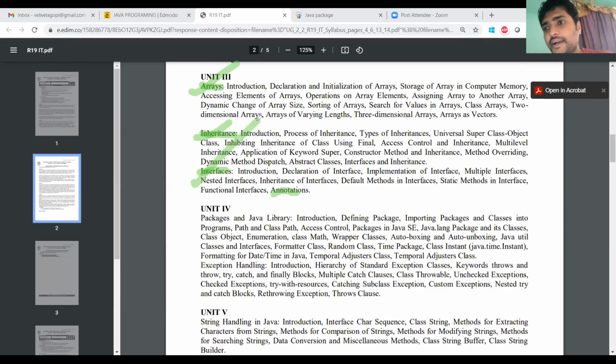Do you have any doubts regarding these interfaces and programs? If you have any doubts, let us discuss now.